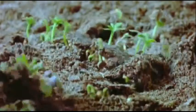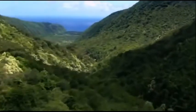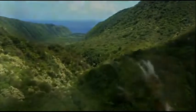Or perhaps it was the reverse, you know, perhaps life originated on this planet and moved to Mars. If we find evidence for life on Mars, and we know there's life on Earth, of course, then there's probably life all over the